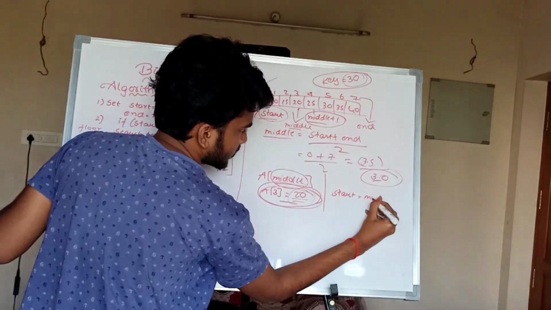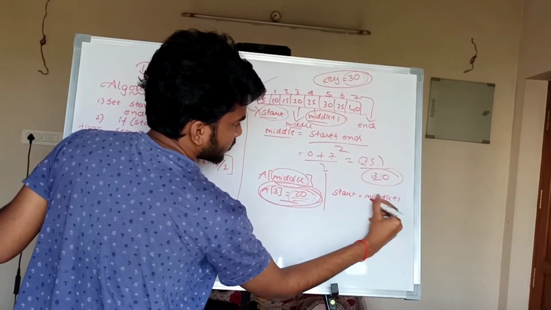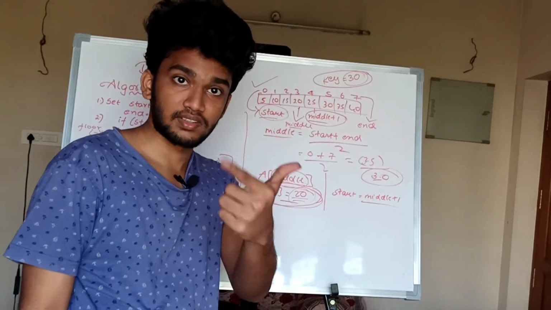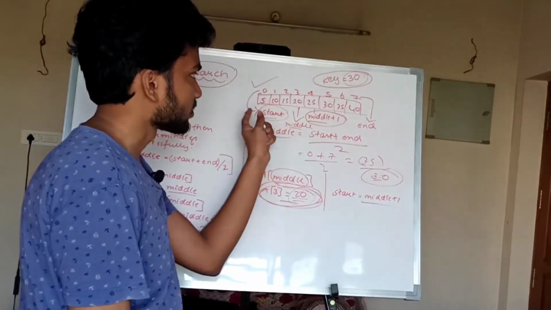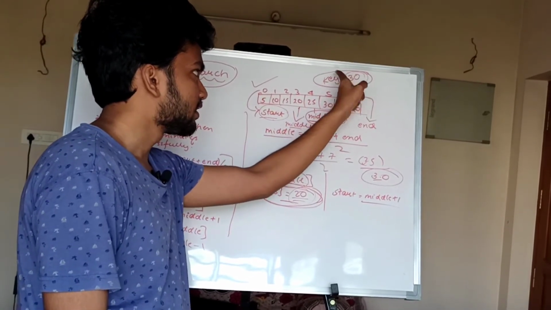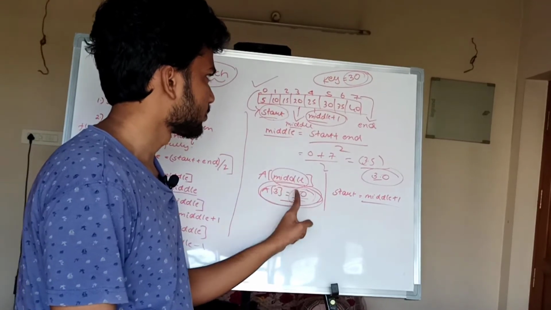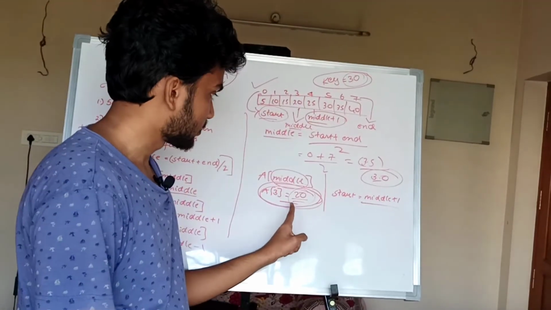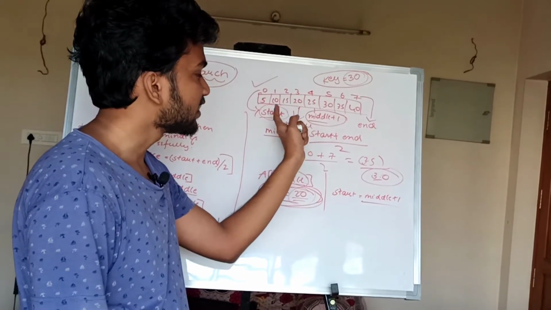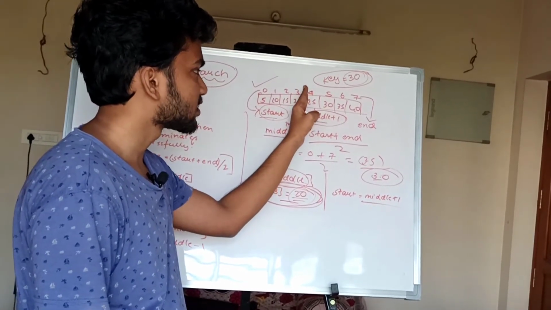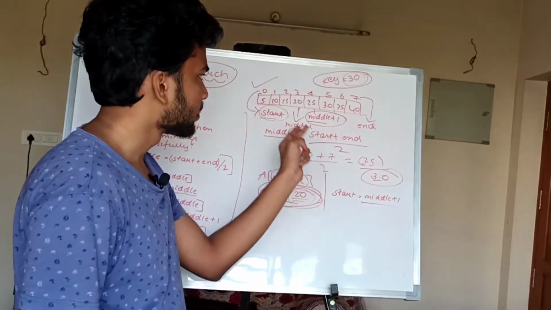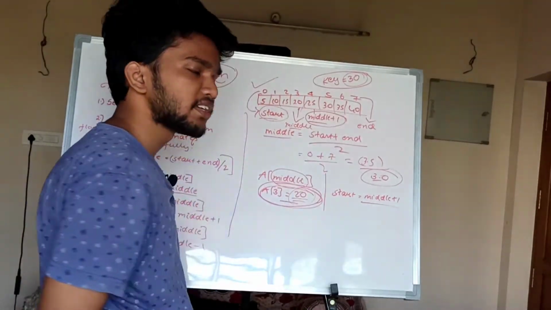Start is equal to middle plus 1. Why have I done so? Yeah, this is the question that you get. Because this is a sorted array and we know, with common sense, that the key element value is greater than this one. Greater than which one? The element that we found and assumed as the middle element. So when it is greater, obviously there is no meaning of checking these prior elements from 5, 10, 15, 20, because everything is sorted, and until 20 also there is no meaning.